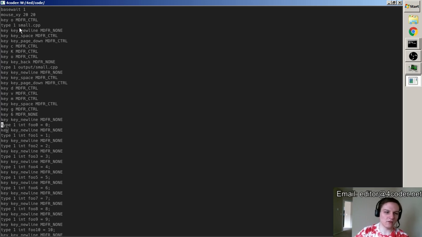All I really want to have to do here is something more like I open my file, boom, and then I'm going to hit one key that's like whatever my save as is. I'll just say do like copy to, right? And then it'll query me for a name. I'll type output small.cpp, and it copies that file there. And then I guess I kill the file that I'm on, and I switch to